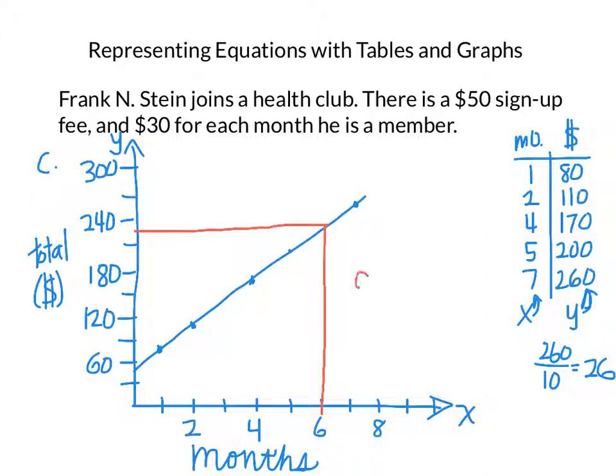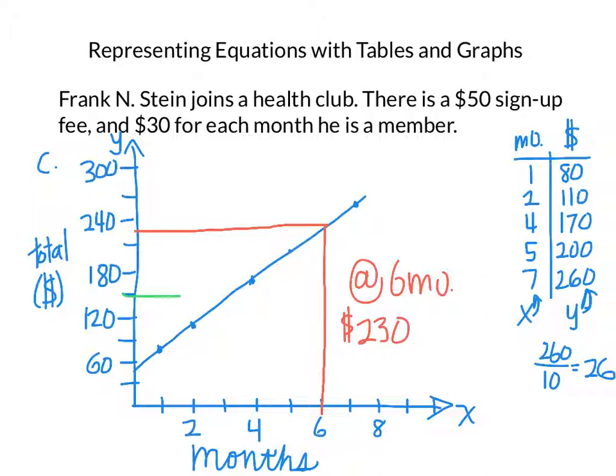So at 6 months, we would expect him to have paid 200, and if that looks exactly in between, you can go with that. It looks a little closer to the 240, so I'm going to go with $230. Now this may not be exact, but it's saying using your graph, so it depends on how well you make your graph. It might also ask you if he has spent, let's say,